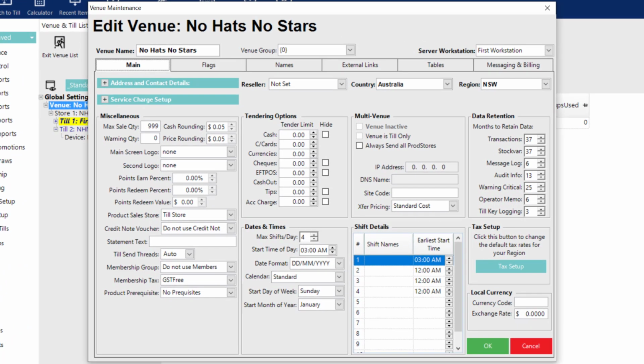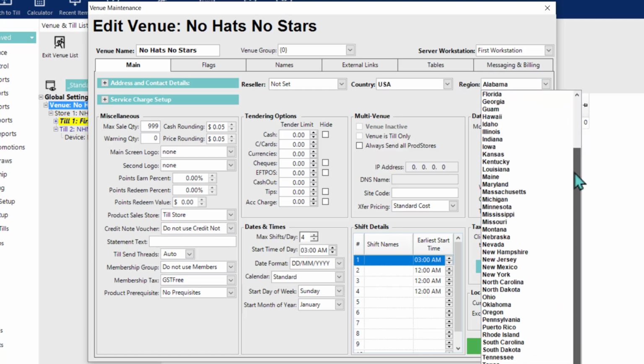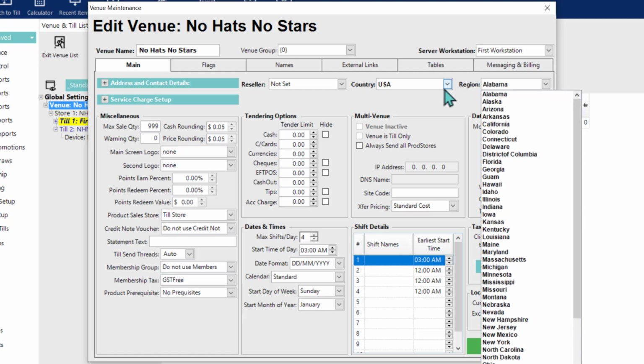Cool, so on the main tab here is where we will spend most of our time in this lesson. Actually, we'll skip some of the self-explanatory things at the top here, but I do want to highlight the importance of setting the correct country or region. First of all, actually, when a country is selected, if it has multiple states or regions, the region dropdown will be populated automatically. So if I select a different country, for example, USA, we'll have the different states and territories